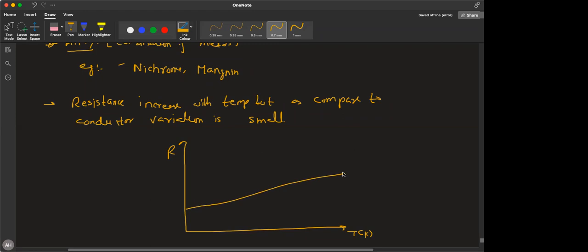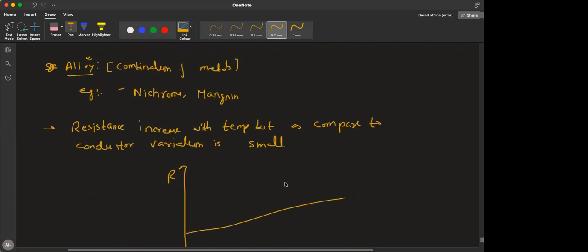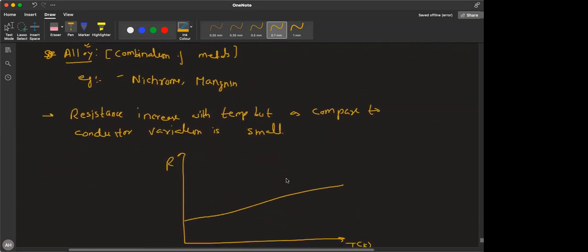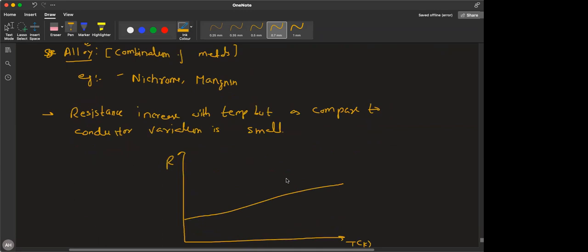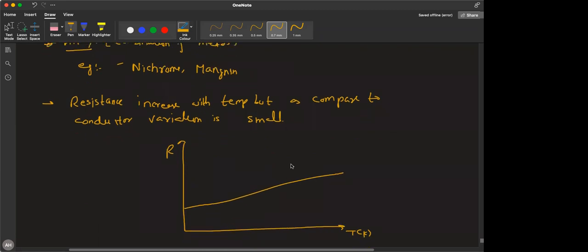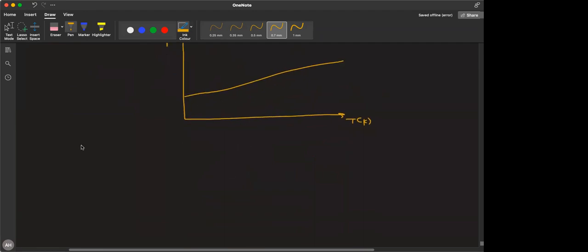See, it's increasing, but the slope is very less. The increment is very small. So as compared to conductors, the variation is small. So this is how we make an alloy. When you take some metals to make nichrome, you try to maintain a small variation of resistance with temperature. You need that variation to be small. After alloy, the next is